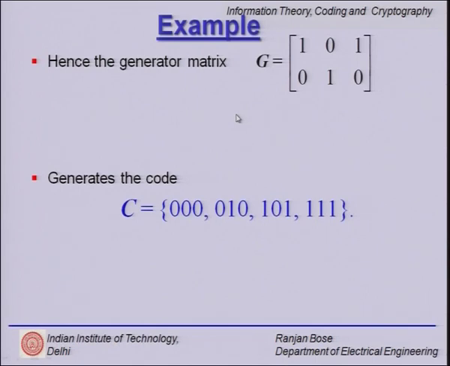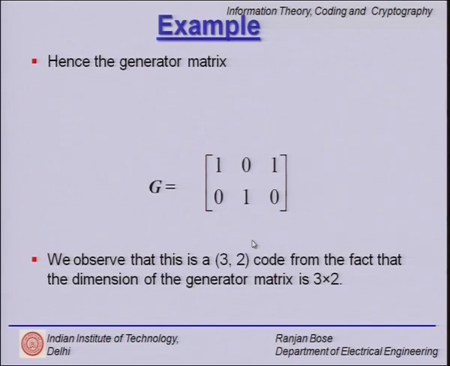So what have I been able to do? I have been able to use these 6 bits to generate a table which is 3 into 4, 12 bits. So already it is a highly compressed, efficient way to represent this lookup table. It can generate the lookup table. Instead of saving these 12 bits, I have just 6 bits and I will give you exactly these code words. So this is the generator matrix for an n comma k, which is 3 comma 2 code.